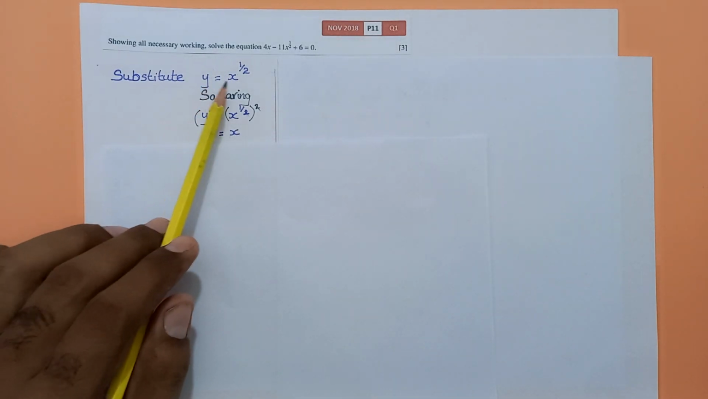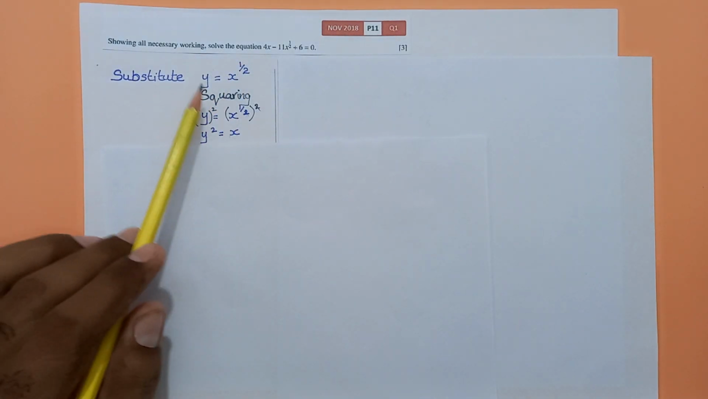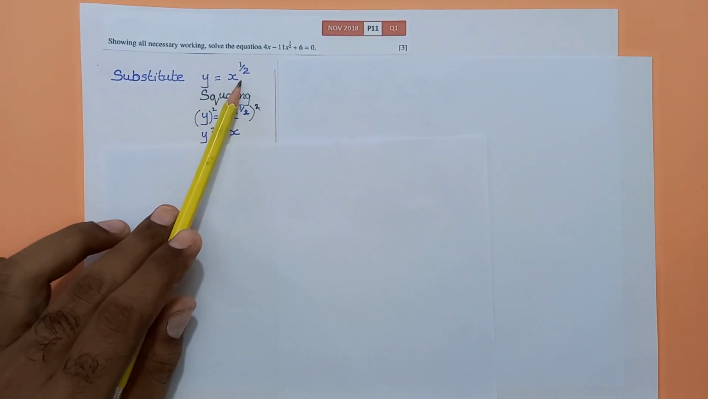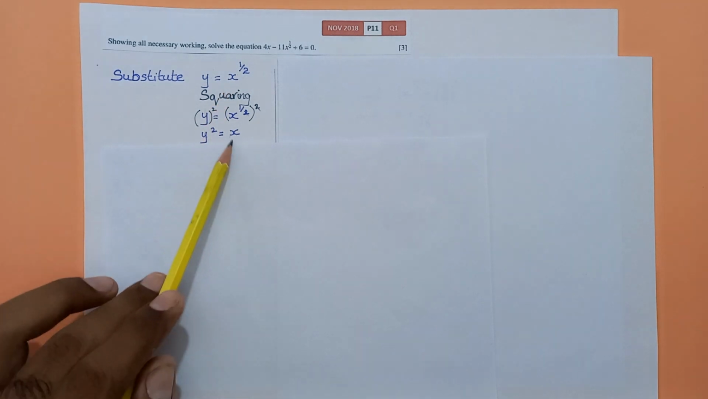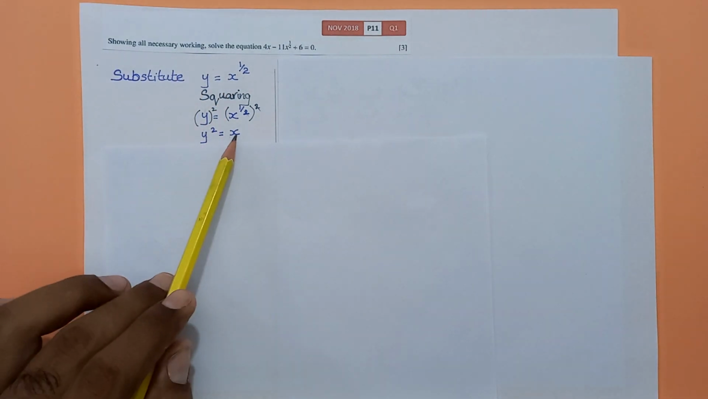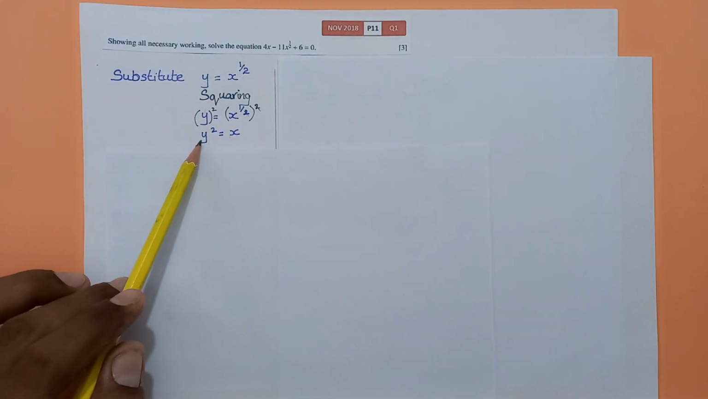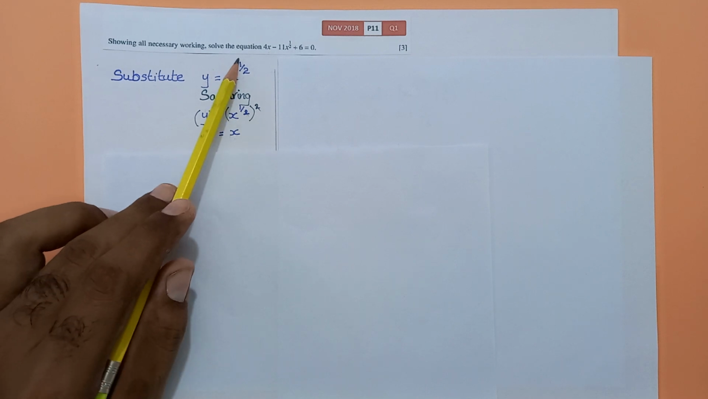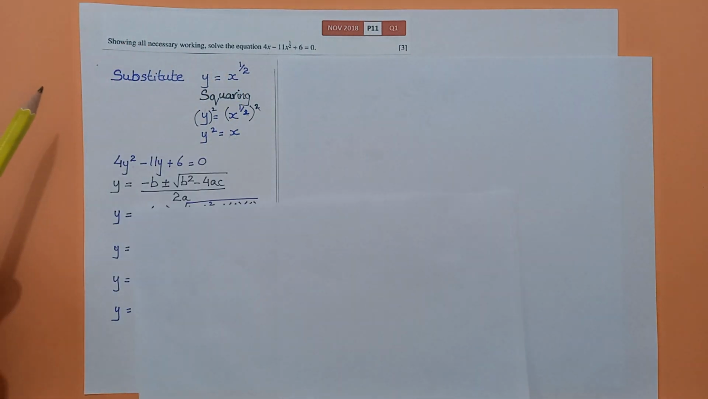Definitely, when we have written y equals x^(1/2), just square them, and after squaring, this x would become simply x and this y would become y squared. That means instead of x we can substitute y squared, and instead of y we can substitute x^(1/2). So after